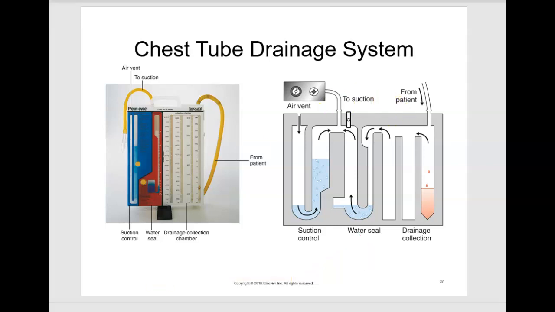It's important to know that you'd only want to use a clamp with the provider's order, and then it's important to release the clamp as soon as possible. So as soon as we assess that either yes, we see a leak, or no, it continues, or we're moving along checking, we would want to release that clamp and never leave the chest tube clamped off. So noticing any of those eyelets on the chest tubing would be a reason to immediately notify the physician or